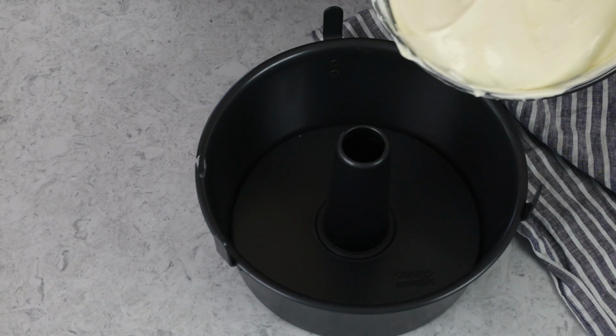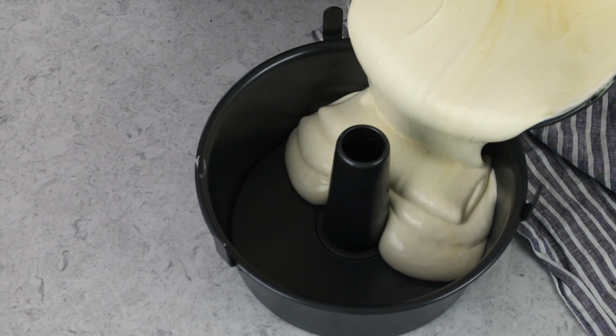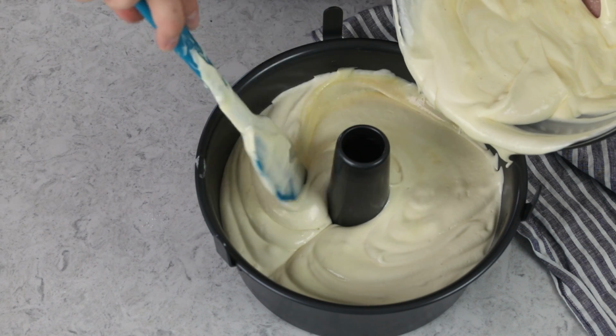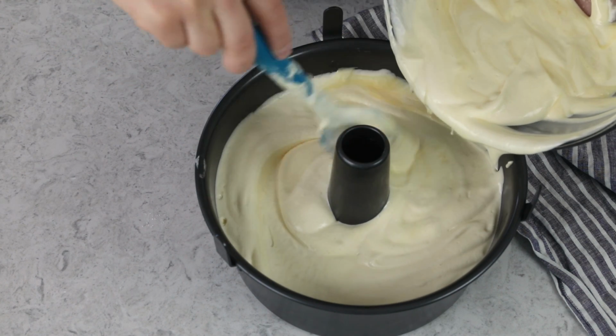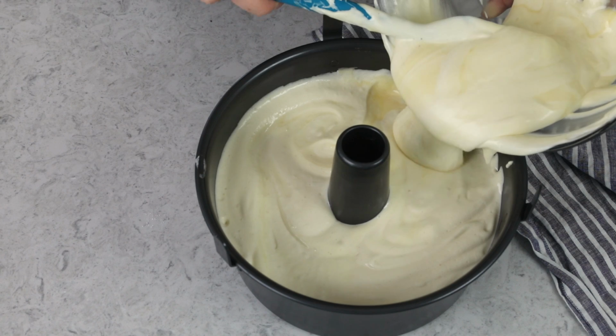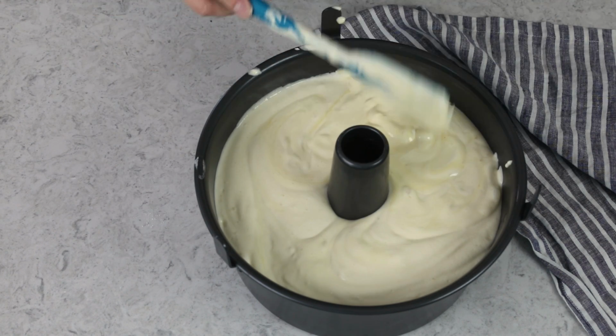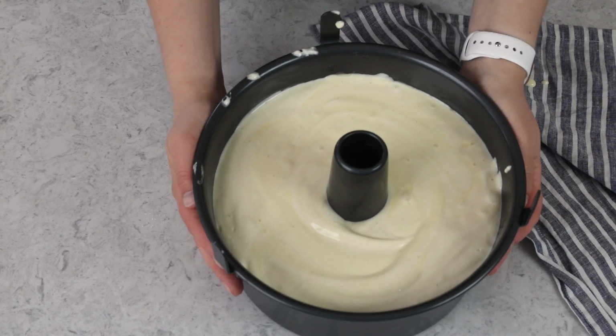Now, whatever you do, do not grease this pan. We are just going to pour our batter directly into the pan. And it does a pretty good job of distributing itself evenly, but I do like to take my spatula and just make sure the top is nice and even. All right, we'll take this over to our preheated oven where we're going to bake it in the center rack